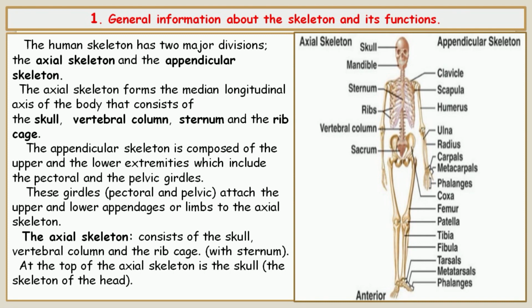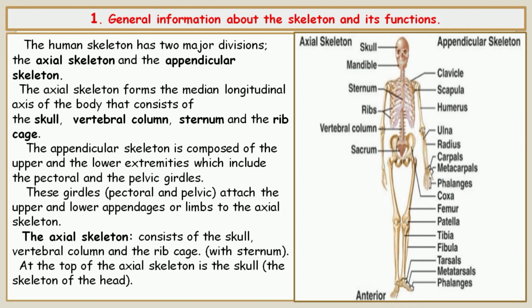General information about the skeleton and its functions. The human skeleton has two main divisions: the axial skeleton and the appendicular skeleton. The axial skeleton forms the median longitudinal axis of the body and consists of the skull, vertebral column, and the rib cage. The appendicular skeleton is composed of the upper and the lower extremities, which include the pectoral